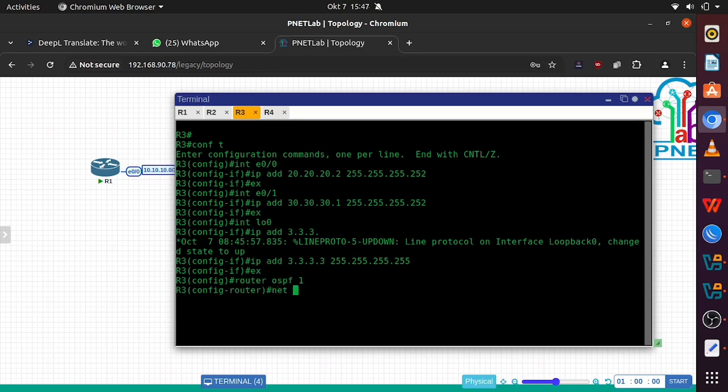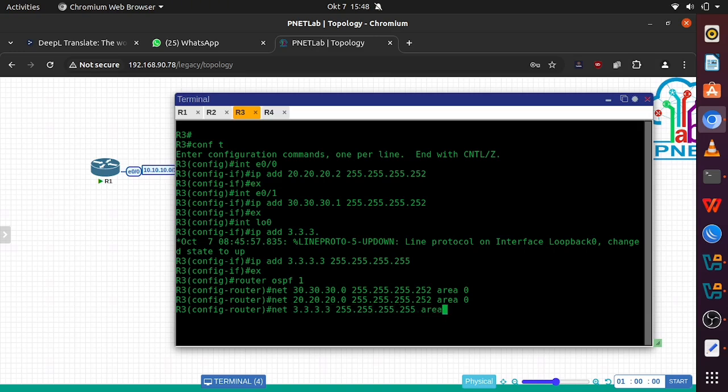After that we'll go to router 3 and do the same thing. We'll put in the IP network for each of the other devices until it's done on every device.